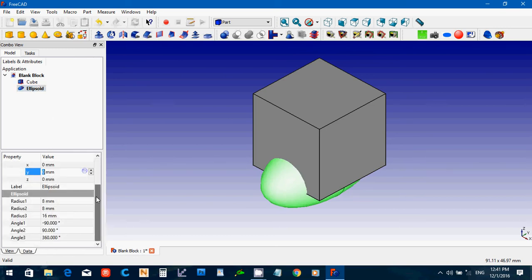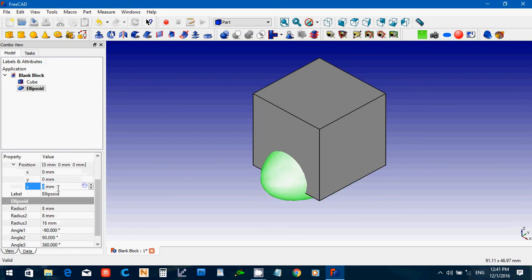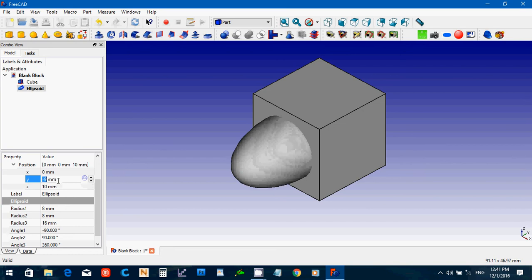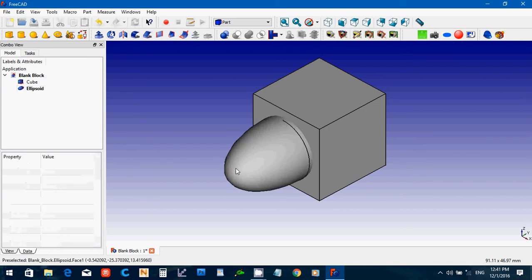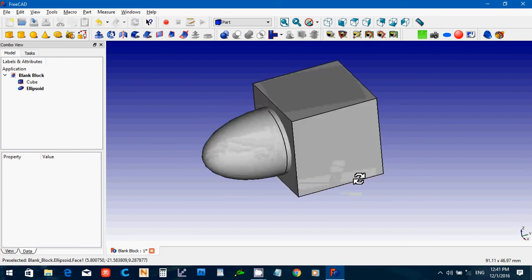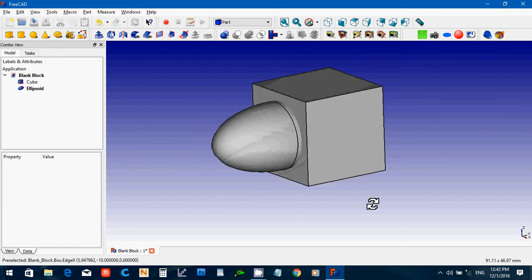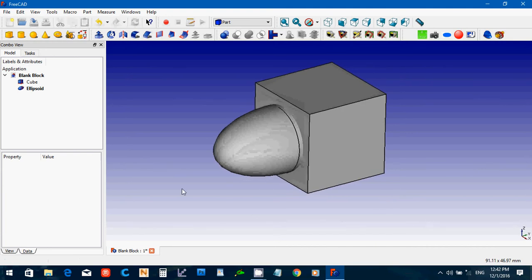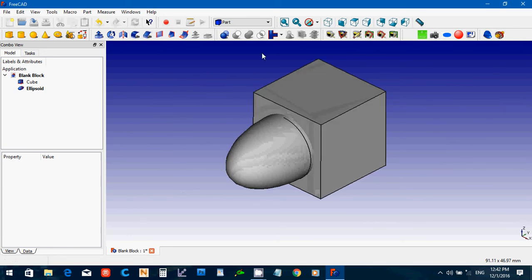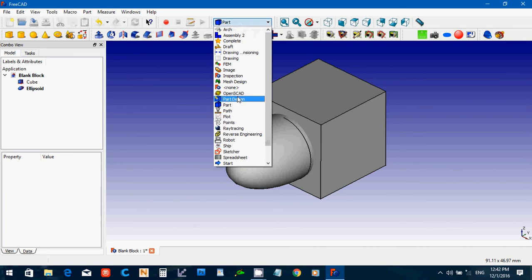Move it up. I'm going to move it out this way. And as long as it's not sticking out the other side, I can just leave it like that. Then what I'm going to do, I'm going to create a,